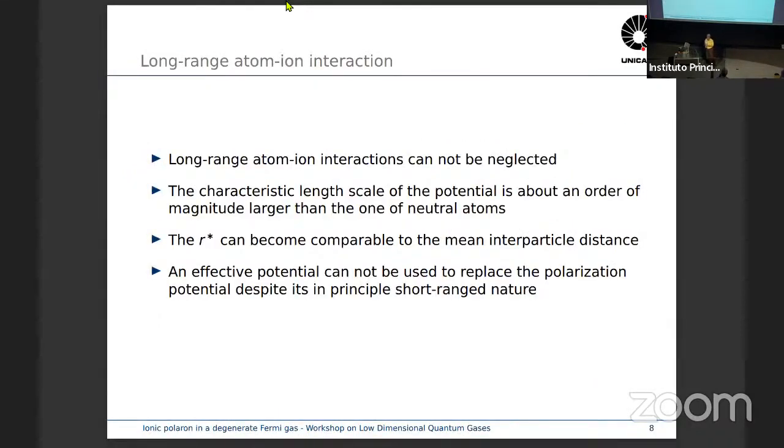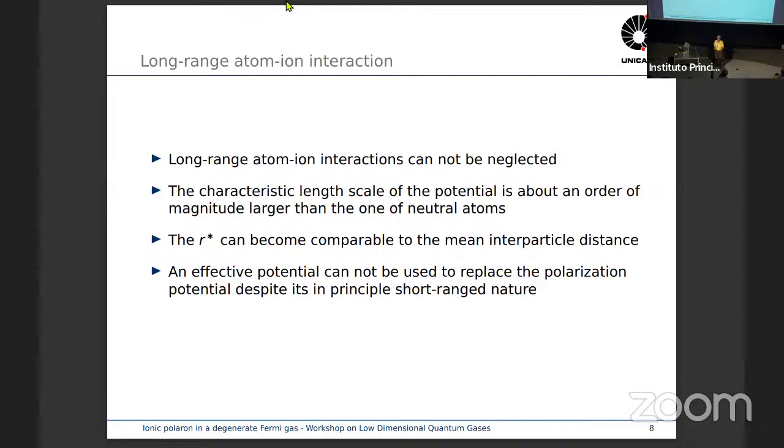This interaction cannot be neglected. Why can we not neglect this interaction? Because the characteristic length scale is an order of magnitude larger than for neutral atoms. The length scale can become comparable to the interparticle distances. In this case, an effective potential cannot be used to replace the polarization potential, despite in principle its short-range